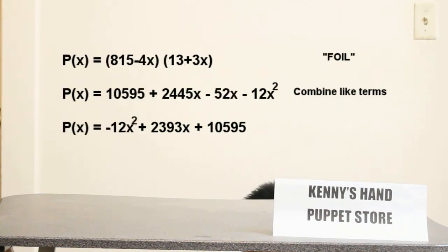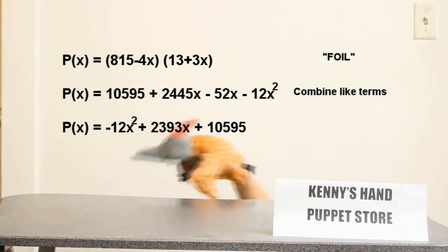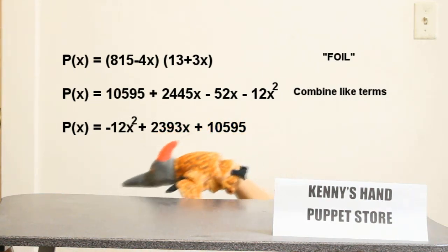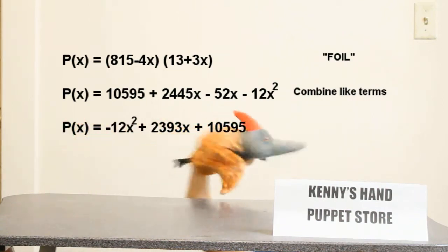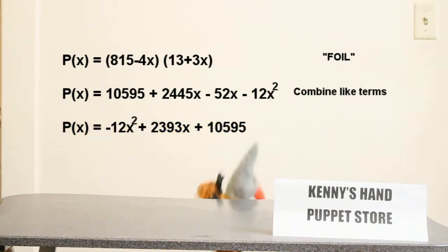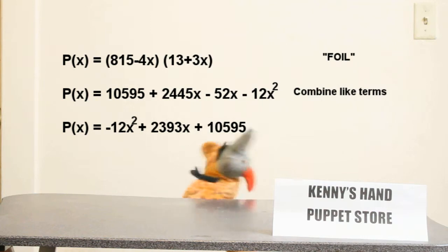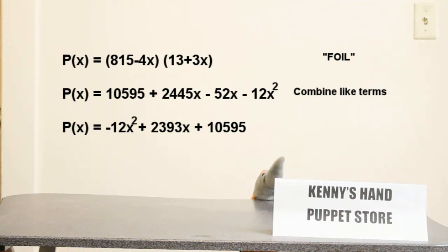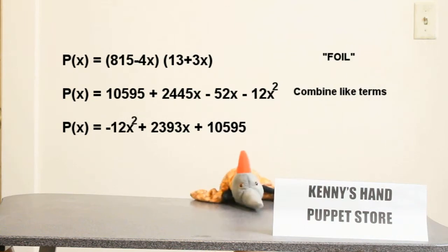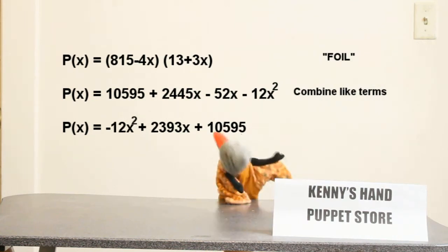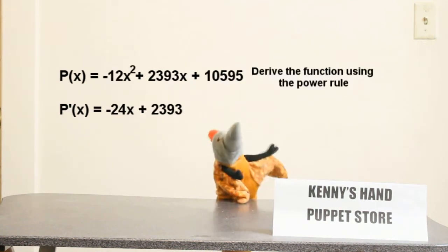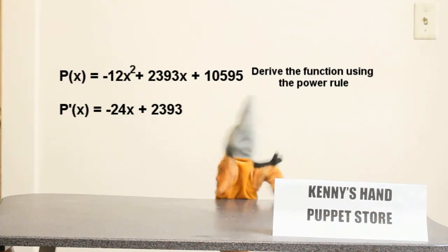Since we now have our P of x function, which is (815 minus 4x) times (13 plus 3x), we have to FOIL and we get 10,595 plus 2,445x minus 52x minus 12x squared. Now we combine like terms to get negative 12x squared plus 2,393x plus 10,595. We have to differentiate our P of x function using the power rule, and we get negative